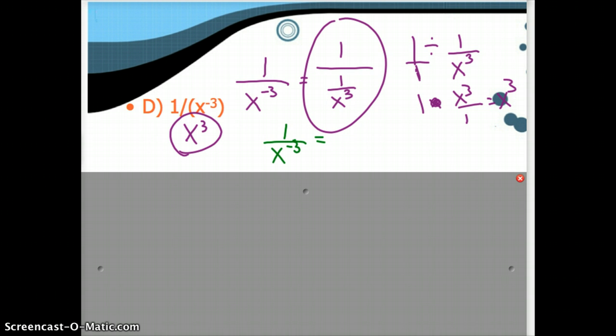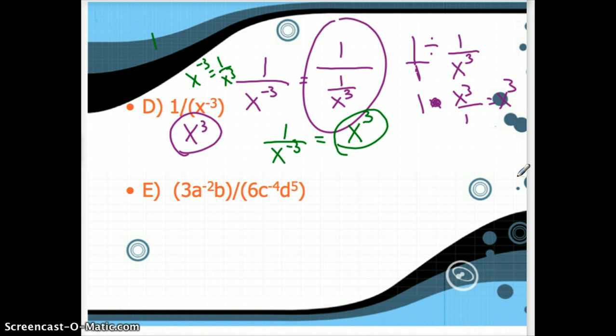1 is just 1. It doesn't have a negative exponent, so we can leave it how it is. But on the bottom, we have x to the negative 3. So I like to say to myself, that's in the denominator. If I take the reciprocal of it, then it's going to be x to the negative 3 on the top. But my rule says if it's x to the negative 3, that's the same thing as 1 over x cubed. So we're going to take it to a positive exponent when we move it up to the top. So I just usually do some shifting like that. And I want to practice the shifting in this